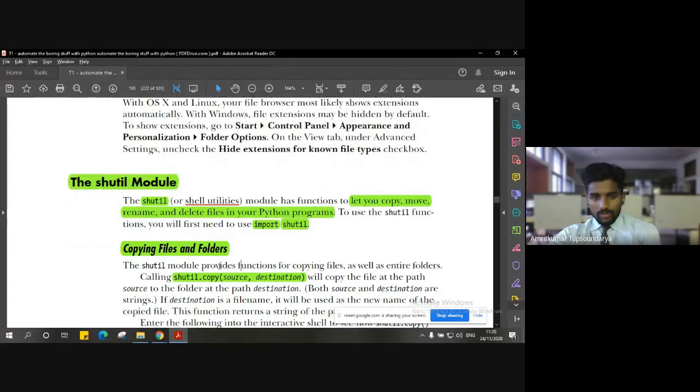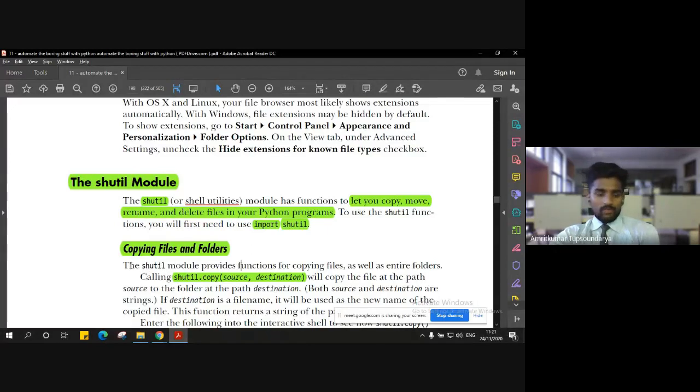Okay, so let us go ahead and understand how we can do copying a file, moving, renaming, deleting, and these operations using Python. For all of these things, we just have single-liner instructions, single-liner commands, which will help you do this, but with a few adjustments, or a few prerequisites.